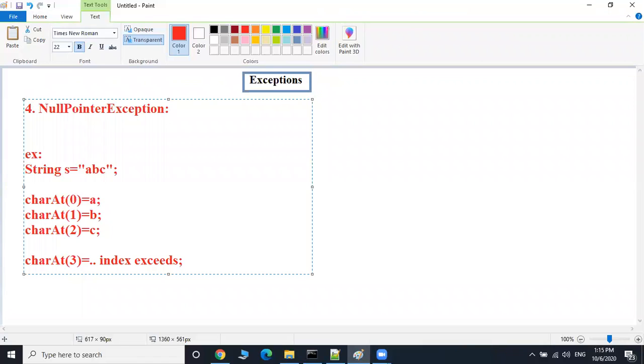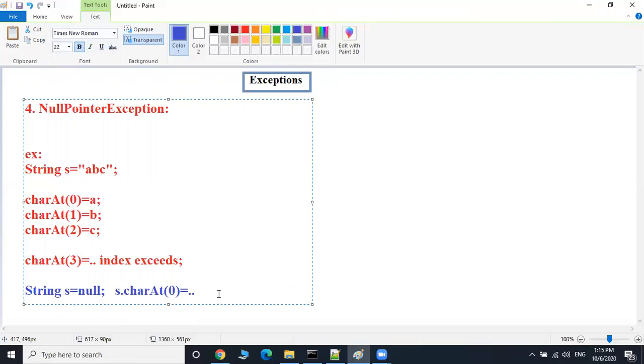Now, for example, if I am declaring String s = null, and I am trying to display the character at 0, what will it give? There is no character at location 0 because the string s is a null string. Null string means there are no values in the string s.